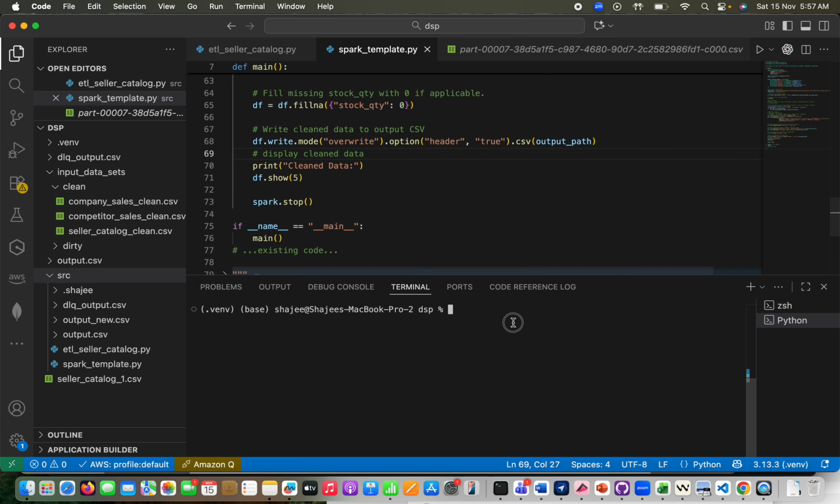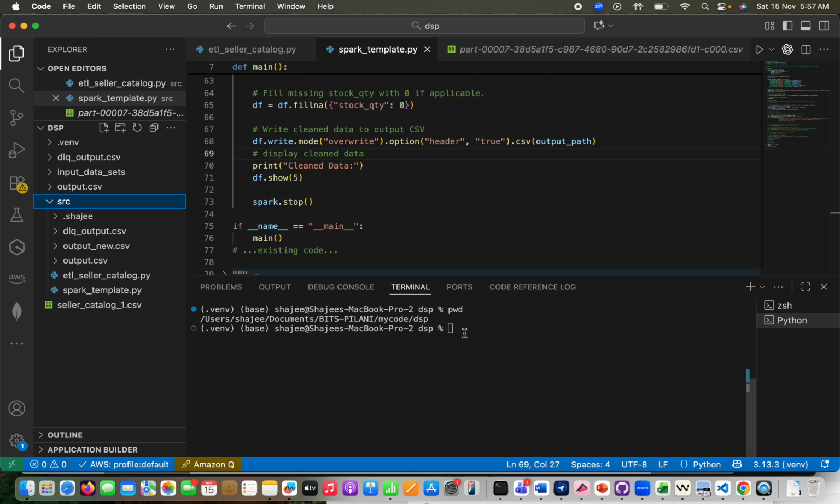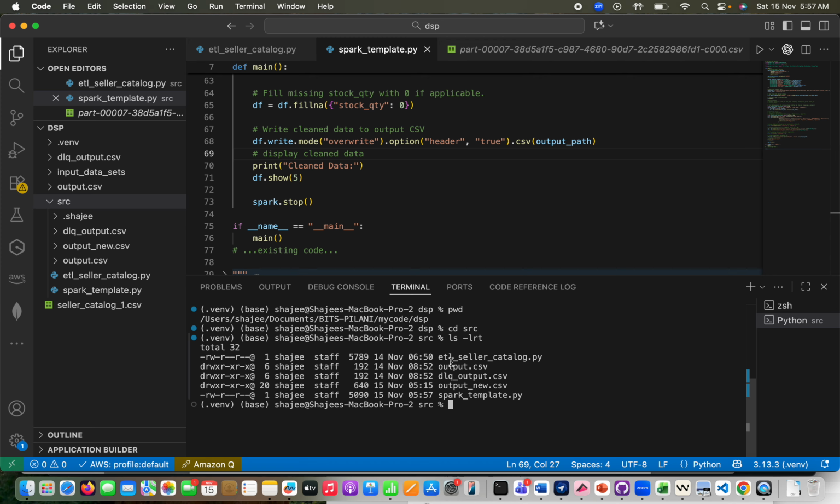Run it over here, or I can just make sure of the present working directory with PWD. I am in DSP, right? But this code is sitting inside SRC, so I need to go to source. That's where my source code is sitting. So how do I do that? cd src, tab, enter. And now if I type ls -lrt, I can see all my files sitting